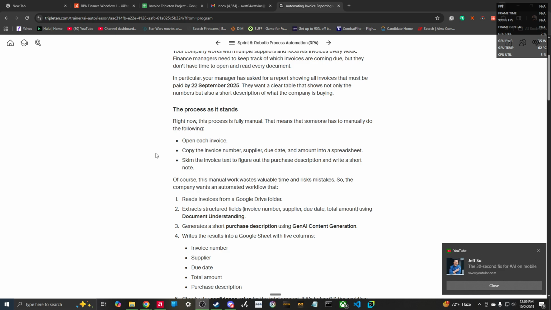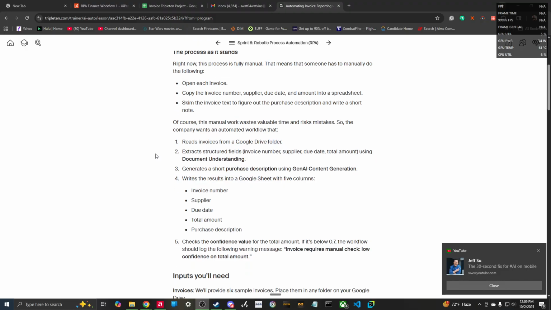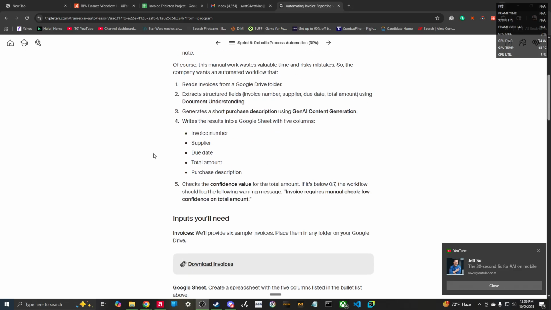People have to open each invoice. They have to copy the invoice number, supplier, due date, and the amount to the spreadsheet along with a purchase description, or just a short note really about what they purchased. So the company wants this automated, and with the automation in here, I followed all of the requirements